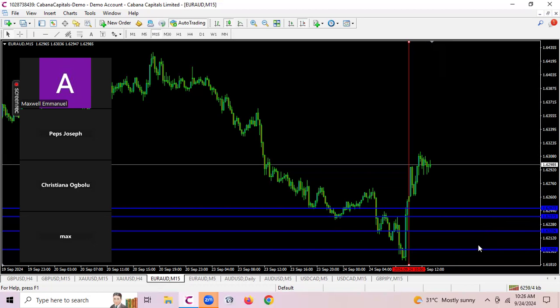Wait for a bullish reversal pattern to form before you go bullish on Euro Aussie. I hope that is clear. That's my take on Euro Aussie. Entering Euro Aussie at the current market price